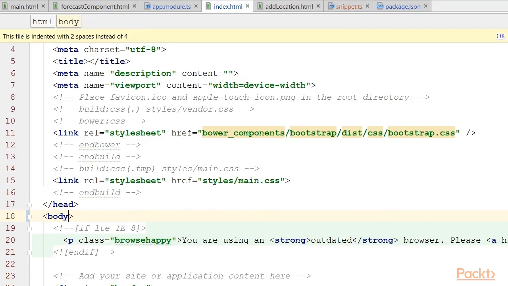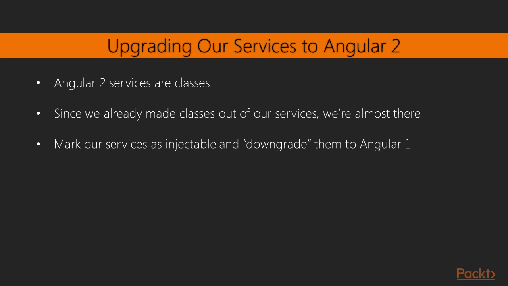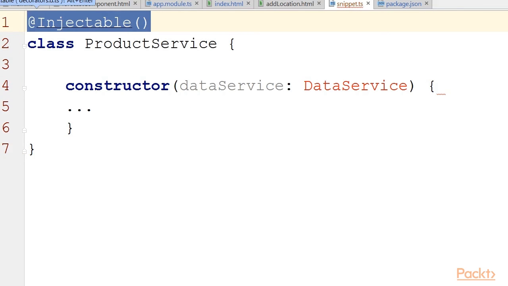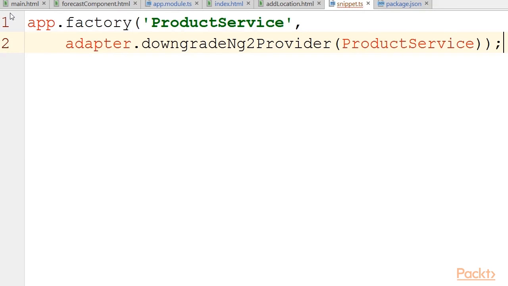Let's now upgrade our services. The great news is that Angular 2 services are actually classes, so the work we've done in section 3 pays off. We're almost there. The only thing we have to do is make our services injectable by adding an annotation to them. And then, using our adapter to make our Angular 2 service backwards compatible with Angular 1. Once our application is fully migrated to Angular 2, we will be able to remove that adapter code from our